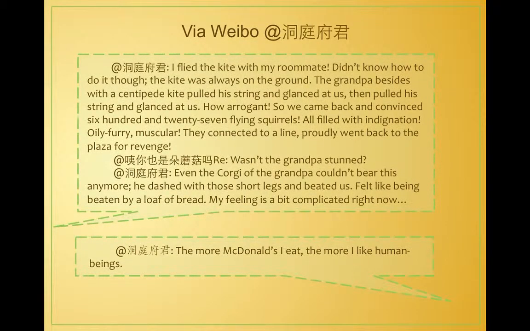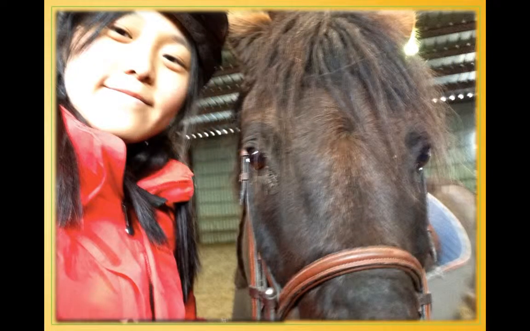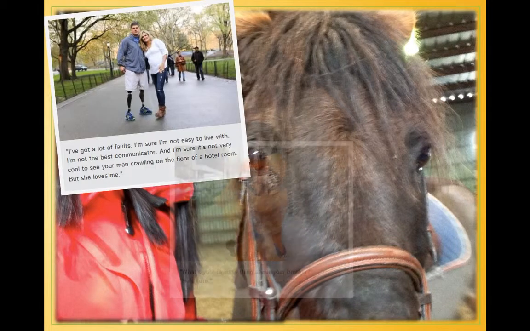This was new for me because it was the first time that a student had used Weibo in a project. And Weibo is Chinese Twitter. So essentially she's using Twitter for her content for this project, which is fine because it ties into the purpose. You might wonder, okay, she's using Chinese Twitter for an English project, but in order to get these quotes, she had to translate from Chinese into English and assess the effectiveness of the English quote. So it actually takes a lot of skill to do this.